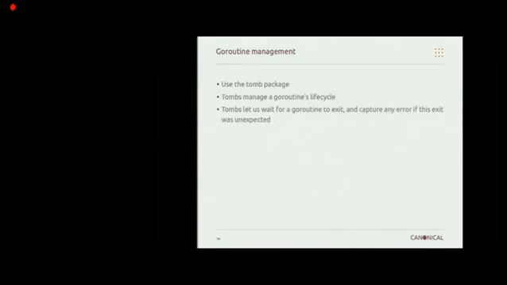The last one is using Gustavo's tomb package. Does anyone remember his post about it? Has anyone heard of the tomb package? The thing we use the tombs for is